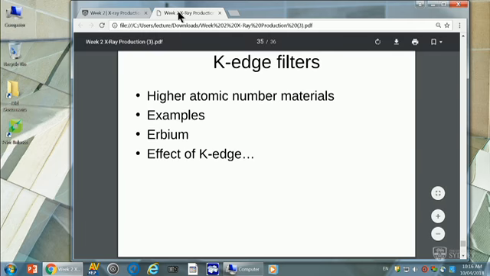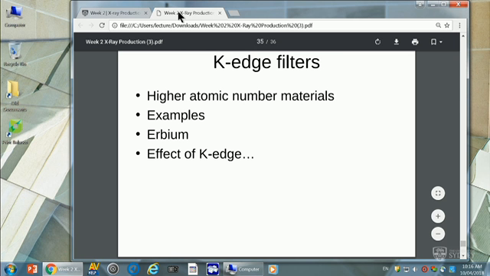It's a completely underutilized thing, and it's called a K-edge filter. Now, the name itself suggests to you that it's doing something around the K-edge. The K-edge of the material is important. Now, what I want you to do, and it works with higher atomic number materials,